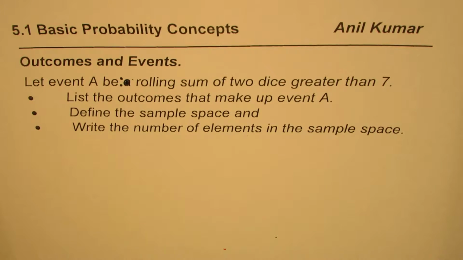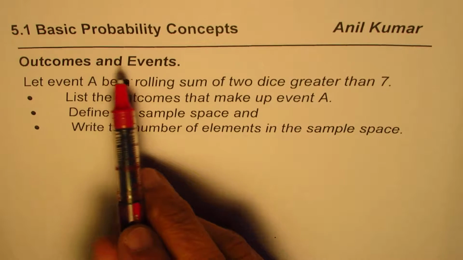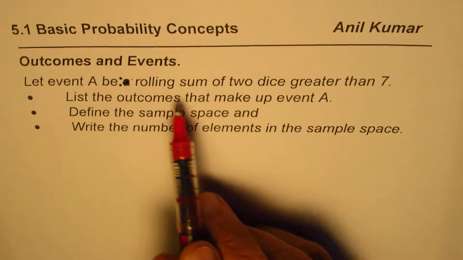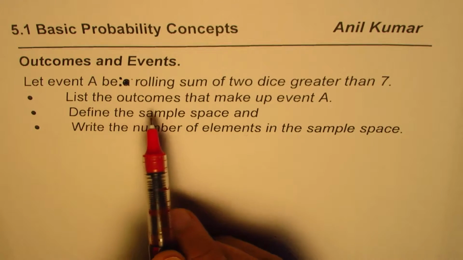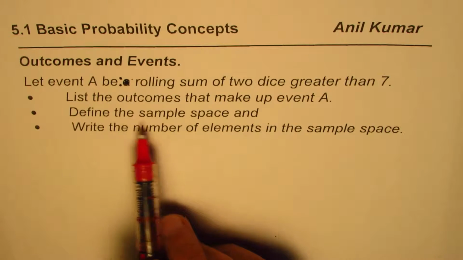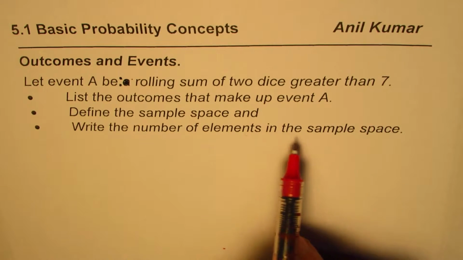I'm Anil Kumar, and in this video we'll learn a few basic concepts about probability. We'll discuss outcomes and events. Let event A be rolling a sum of two dice greater than 7. List the outcomes that make up event A, define the sample space, and write the number of elements in the